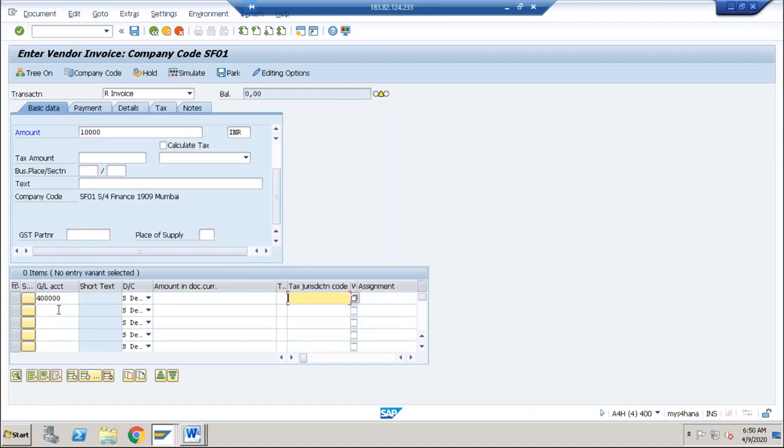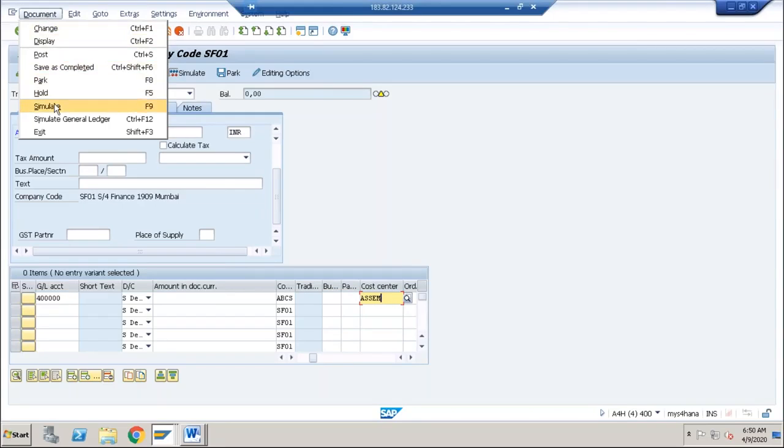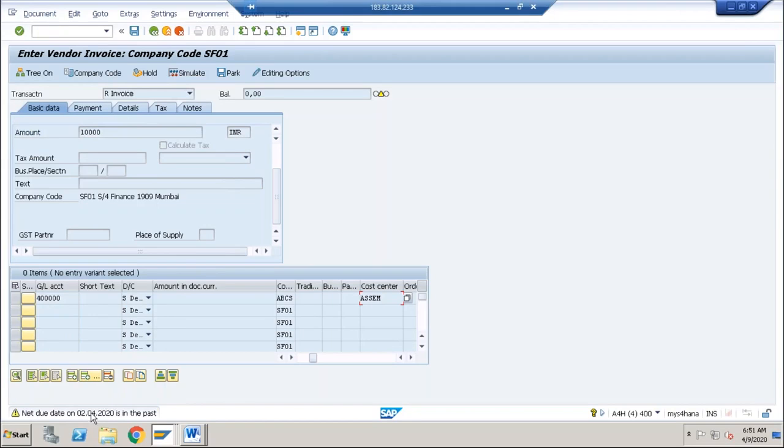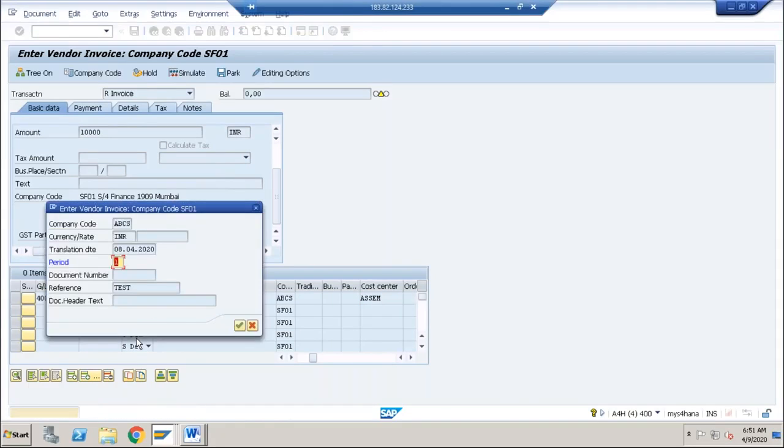This is the GL account, but please make sure that you are booking this expense in ABCS. Normally, when posting an accounting entry, the system shows the same company code in the lines, but in this case we are changing it to ABCS. All the other things remain the same. If you are booking the expense, you definitely need to provide the cost center. Provide your cost center here, then display the document and simulate. You can ignore the warning message, just press enter.